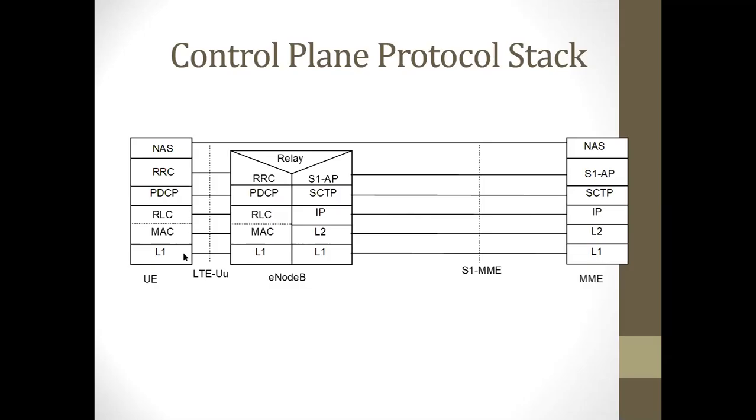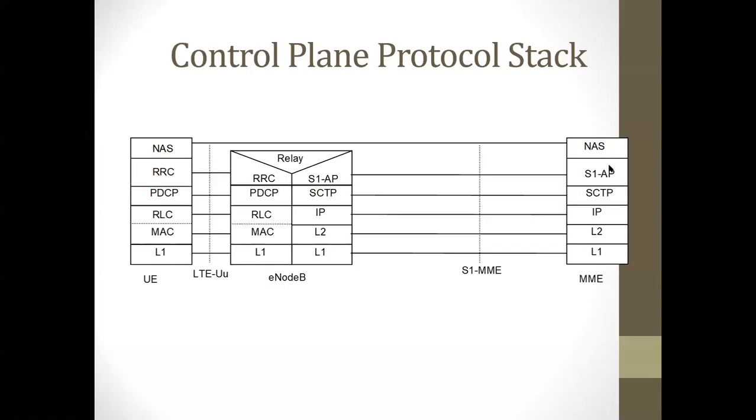When you need to send some NAS message from the phone end to the MME, you use the RRC message that takes the NAS message in the uplink, an empty RRC message. So the NAS message you load on the RRC message and forward it to the eNode B. The eNode B, when it finds that RRC message, knows that it is just for the purpose of carrying the NAS. So it just separates the NAS message